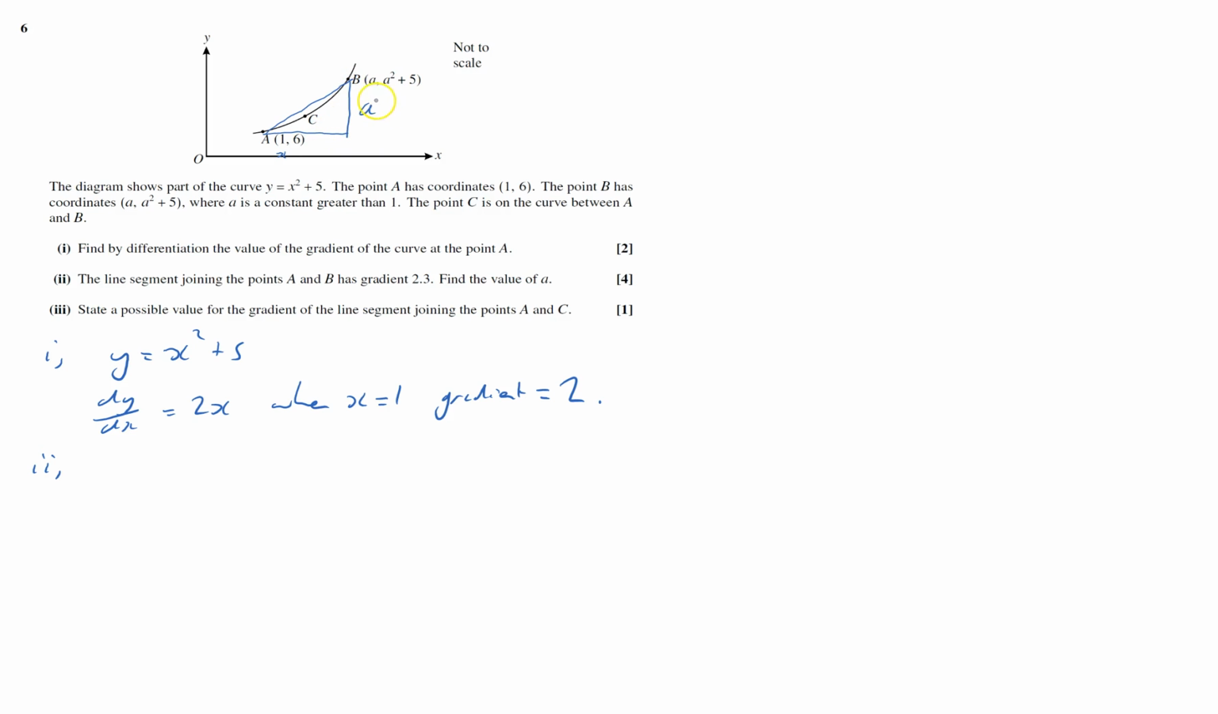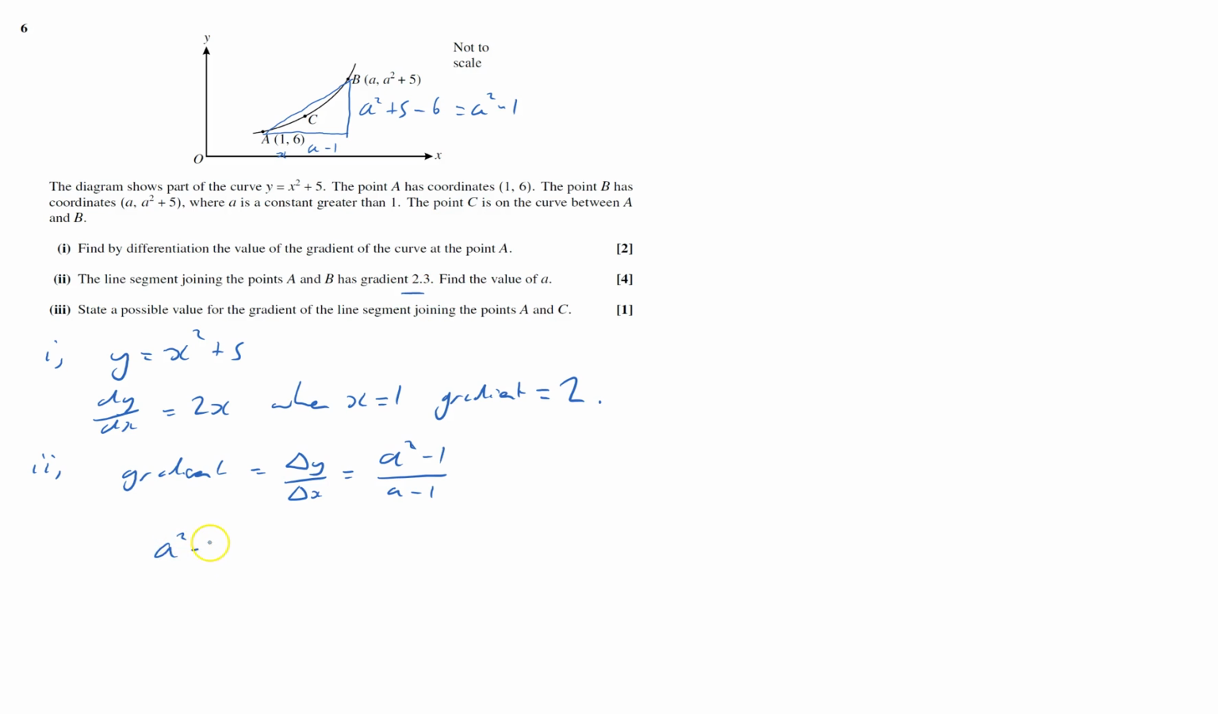And how far up has it gone? That's a squared plus 5, take away 6. That's the y bit, and the distance across here is a minus 1. And so the gradient equals change in y over change in x, which equals a squared plus 5 minus 6, which equals a squared minus 1, over a minus 1. The question says it equals 2.3, so